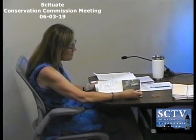I think he's safely beyond 50, but I'm still not sure I concur that he's 100 off. I did tape it off and stake it out. It's currently staked right now. It's tough to determine exactly where the wetlands start, to your point. As shown on the GIS layer, they're not always 100% accurate. We know that, but anyways, it's close. And for purposes of a negative determination and for what he wants to do, which is keep what he's got there,